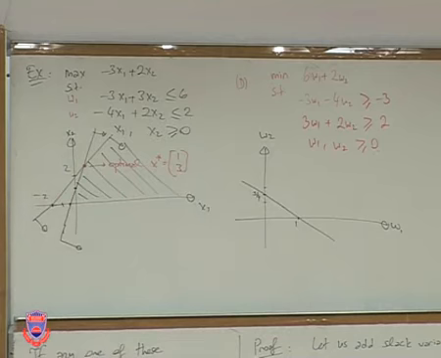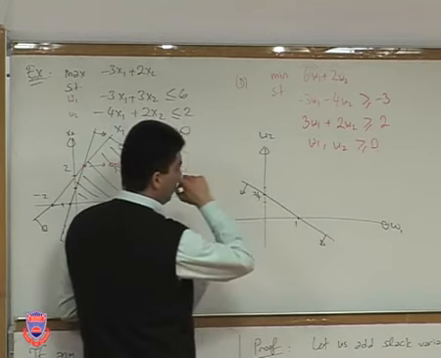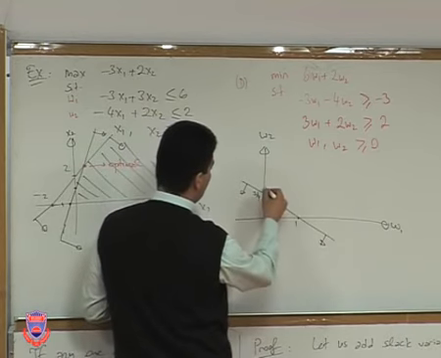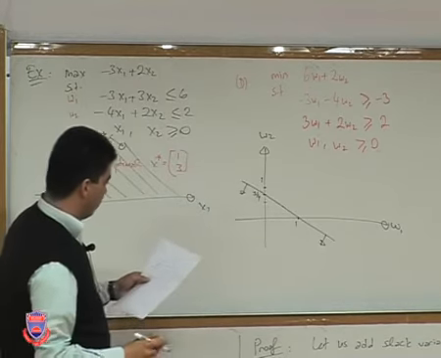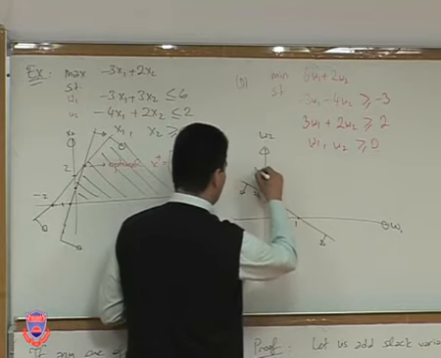So which side should I pick? Is the origin feasible? Yes, it is feasible, right? So 0 is greater than or equal to minus 3, so I'm going to pick this side of the line. What about the second constraint? Well, if W1 is 0, W2 is equal to 1, so it goes through this point right here. And if W2 is 0, W1 is equal to 2 over 3, which is somewhere over here, so it goes through these 2 points.